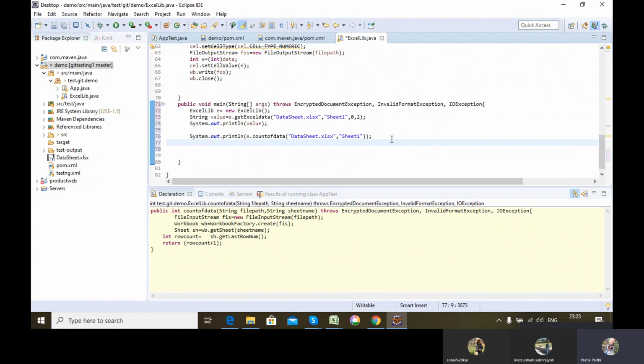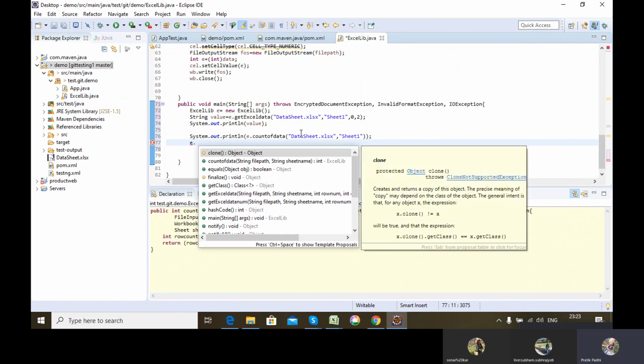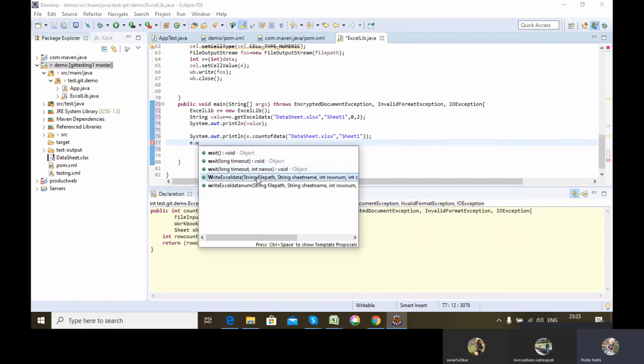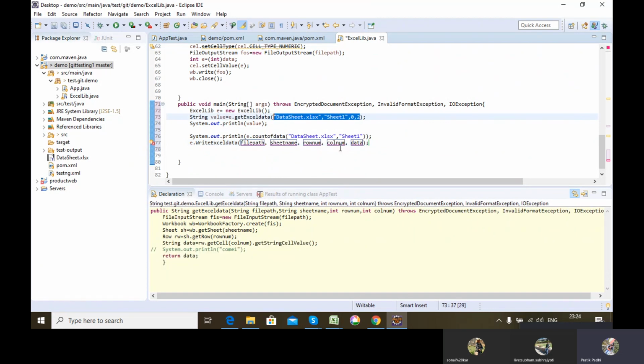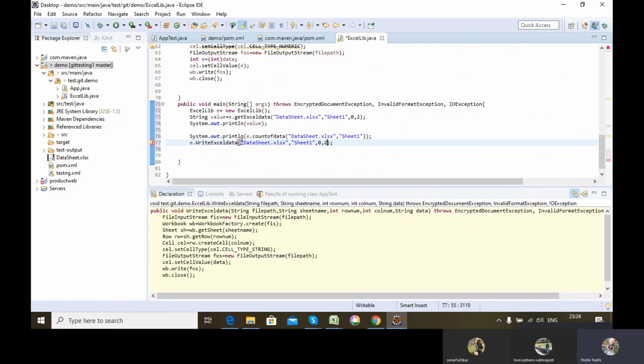Finished. Then my third function is to write data into the Excel. For that I will be using write Excel data. All the arguments will be used, and I will pass the data which I will be using.